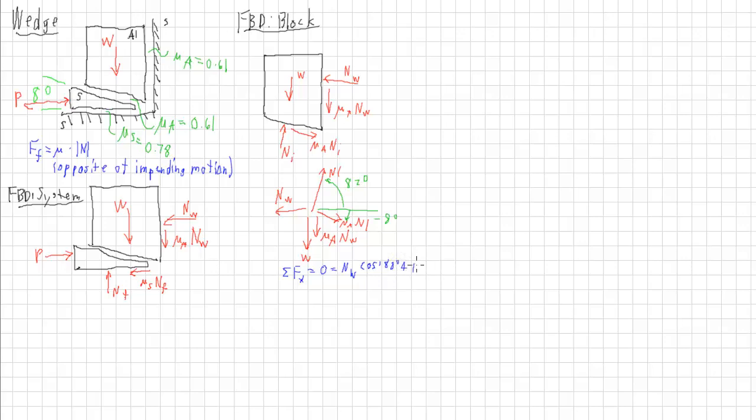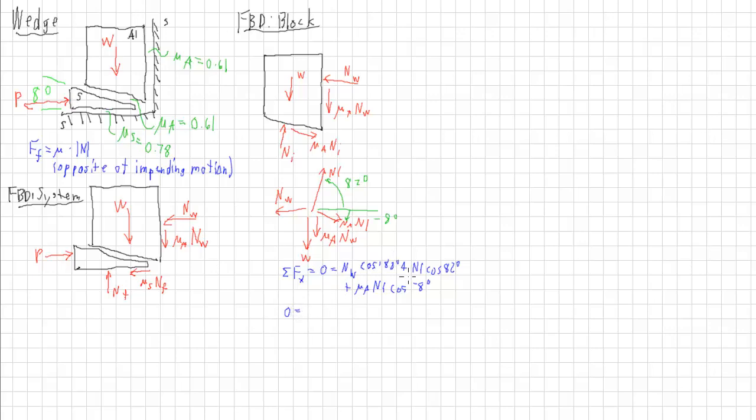plus Ni times the cosine of 82 degrees plus mu A Ni times the cosine of negative 8 degrees. Well, we know mu A. We can clearly calculate cosine of 180, cosine of 82, and cosine of negative 8. So we get 0